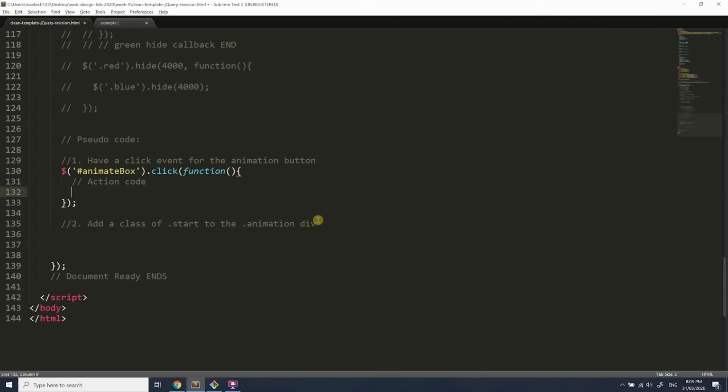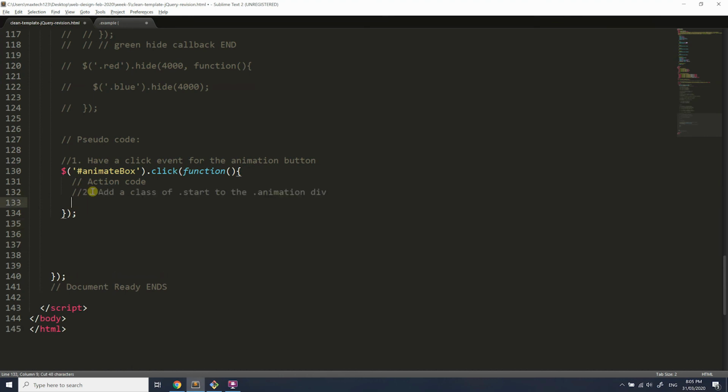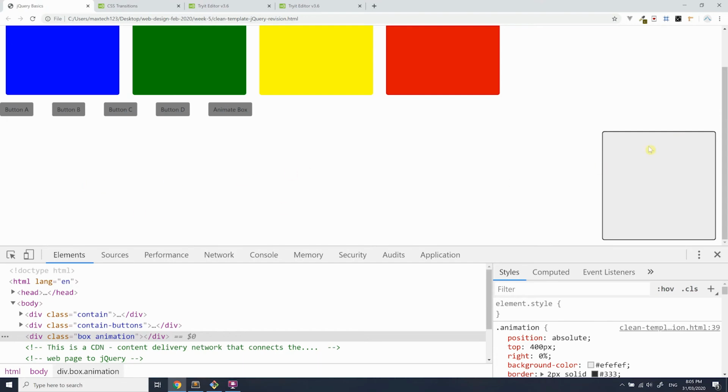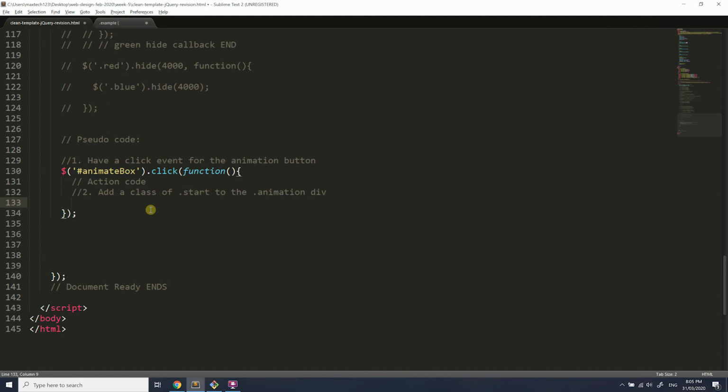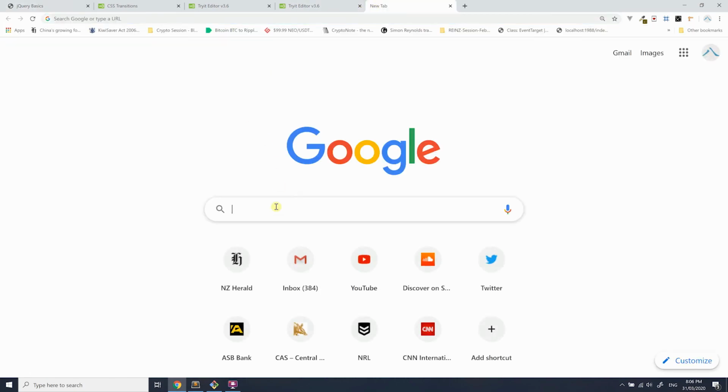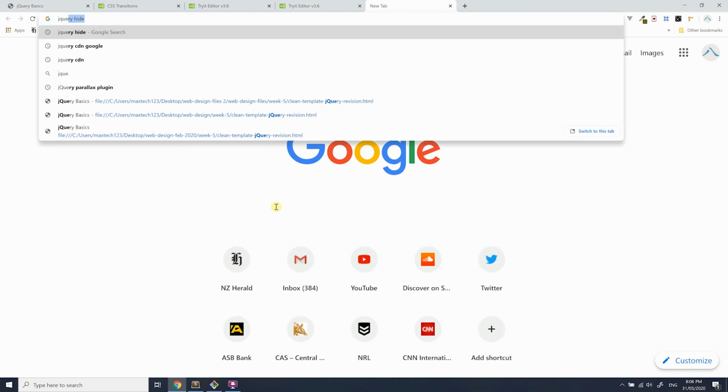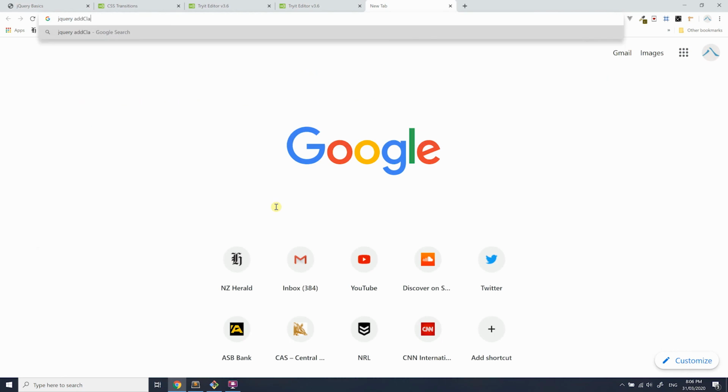Now the next thing I want to do is this step of the code. I want to add a class to the animation div, meaning I'm going to add a class of start to this box here. Now to do that, we're going to use something called jQuery's addClass method. Let's have a look at that in the jQuery documentation. If I go to Google and I Google jQuery addClass,